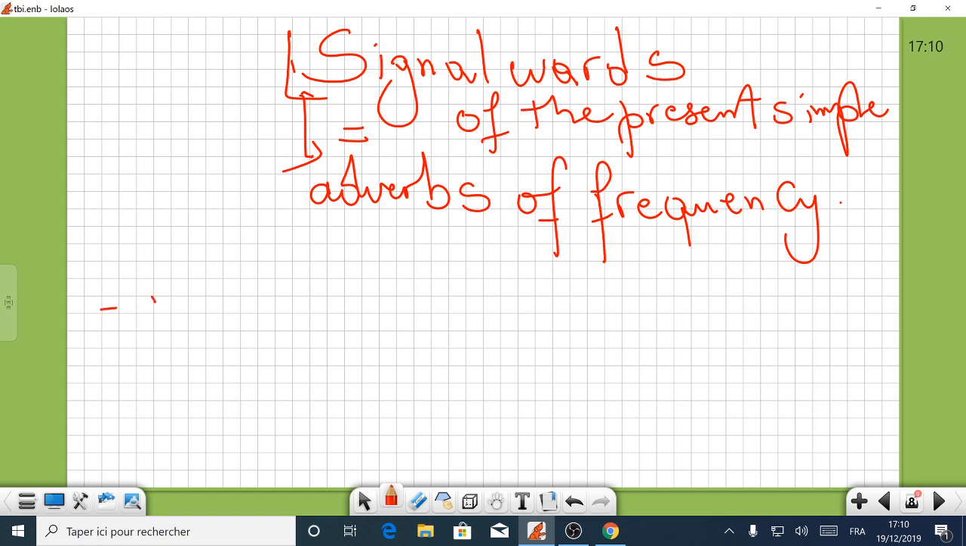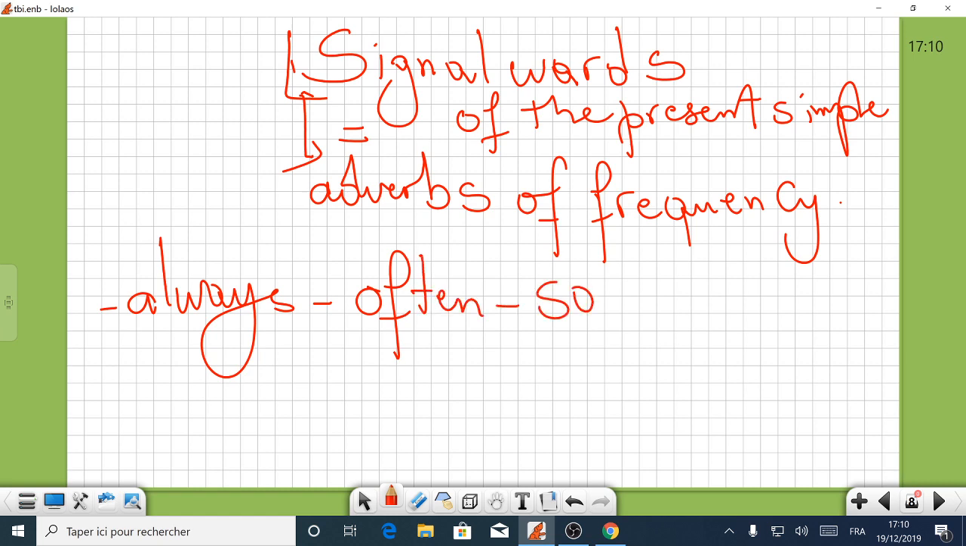And I shall give you some examples, like always. Whenever you see always, it's present simple. For example, I always go to school at 7 o'clock. This is again frequency and repetition. That's why we use the present simple. And we have often, and we have sometimes, and we have never. I never go to school early. I never go to school late, for example. Always, often, sometimes, never, and we have